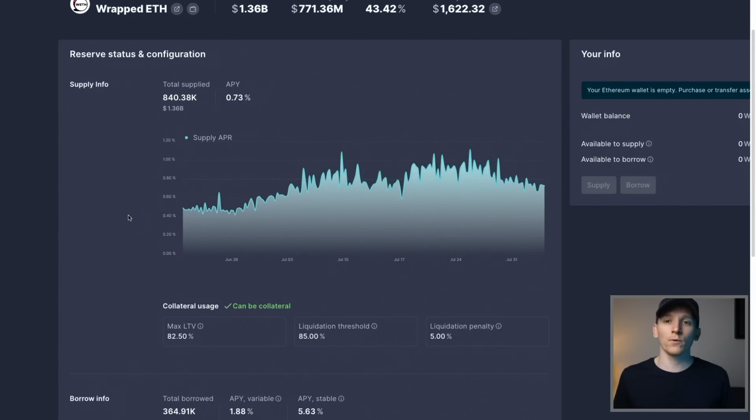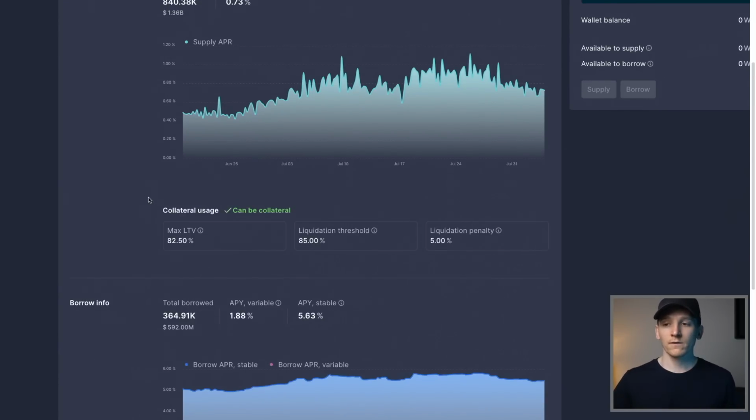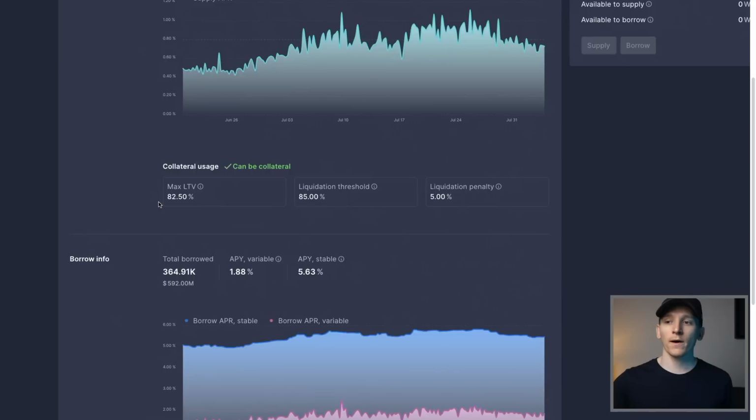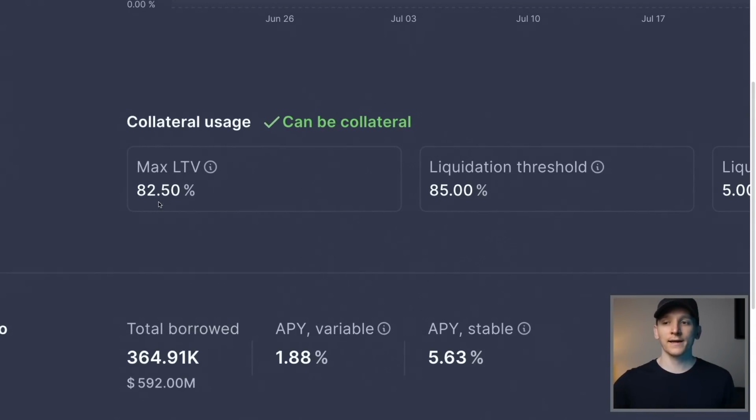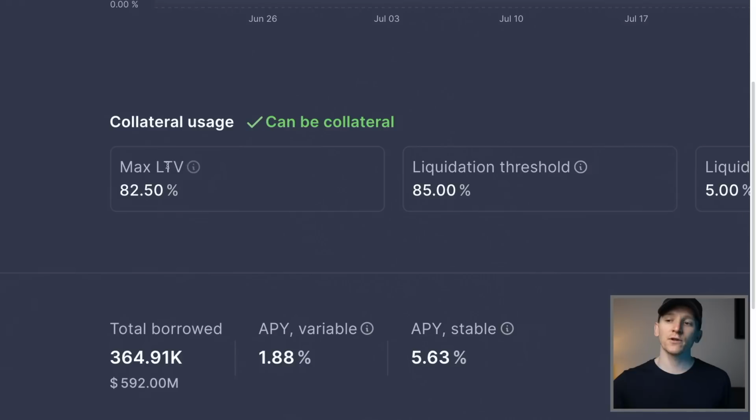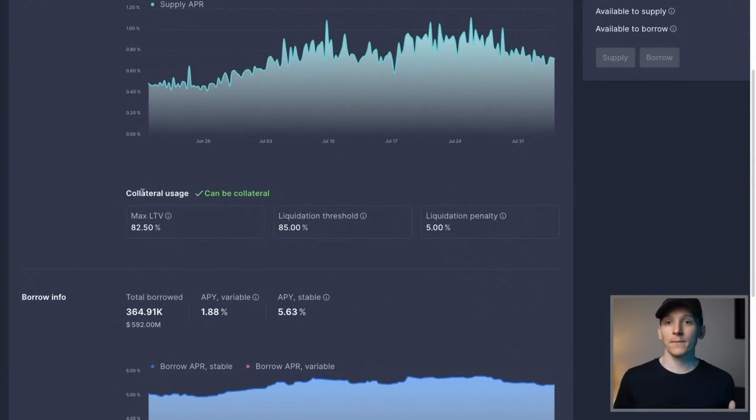Well, that's impossible, and that's going to create a system where everyone loses money because everyone's going to borrow loads of money and not pay it back. So Aave fixed this by using something called over-collateralization. What you can see here is that the max LTV, loan to value, is 82.5% for Ethereum. That means that if you have $10,000 of Ethereum, you can only borrow 82.5% of that value in other coins,